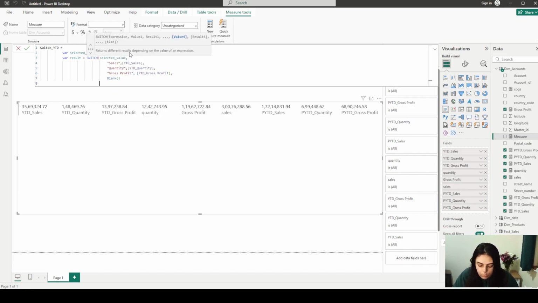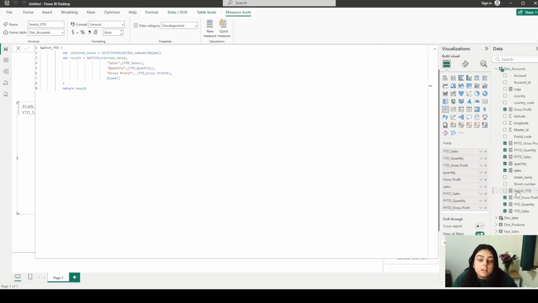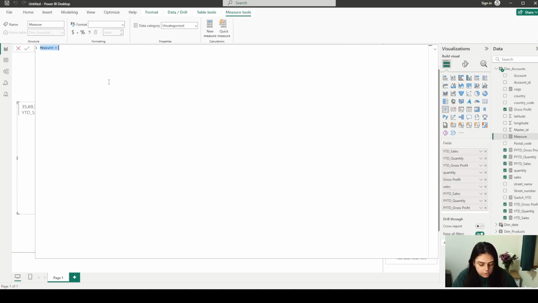Okay, now I can close the switch, and then I will have a return result. That's it. I'm simply copying it, so it's not giving me any error, so things are fine. I'm copying it because I need to make another measure which is similar to it,